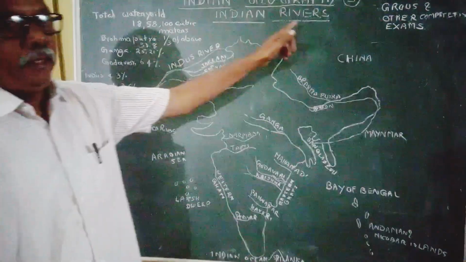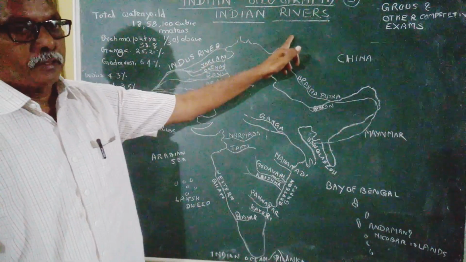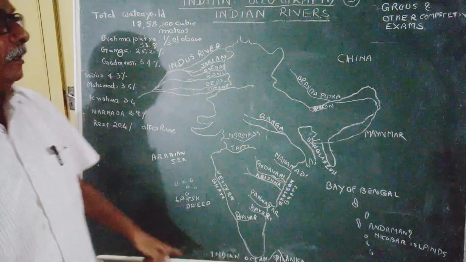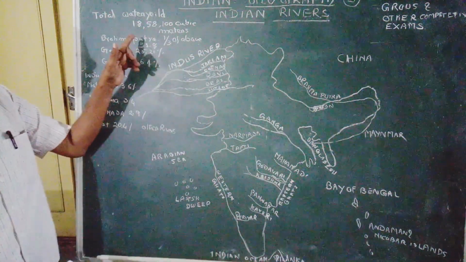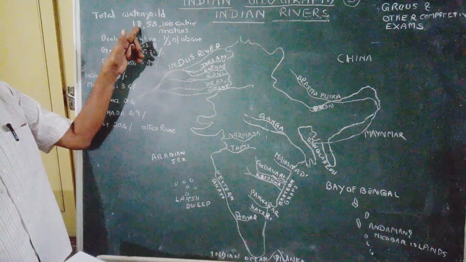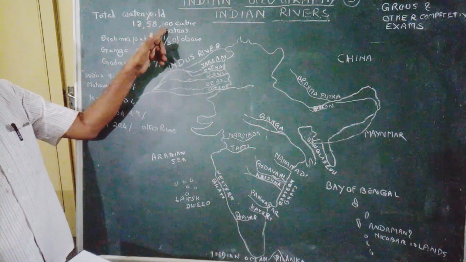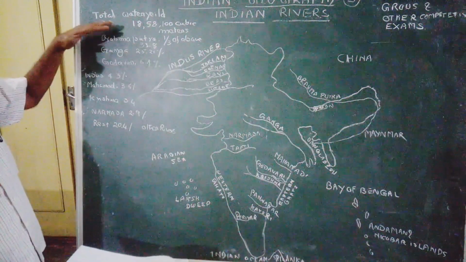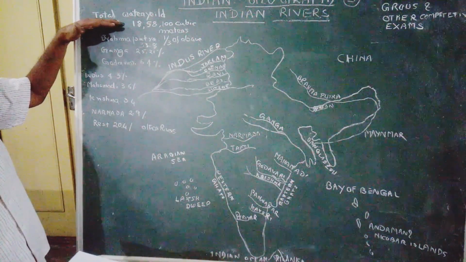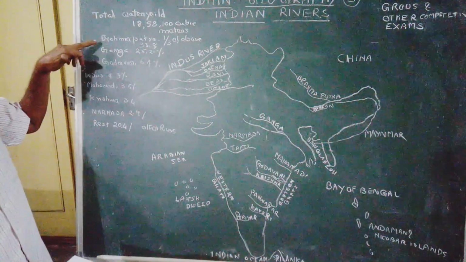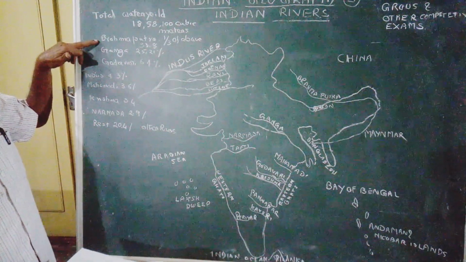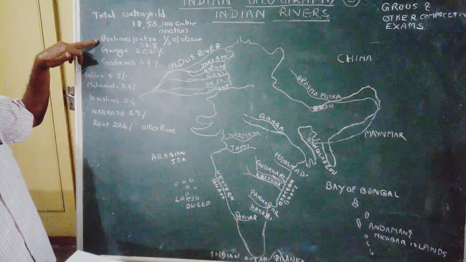Indian geography, Indian rivers. The total rivers of India contribute about 18 lakhs 58,100 cubic meters of water. Out of these cubic meters of water, Brahmaputra contributes about one third of the total water, that is 33.8%,